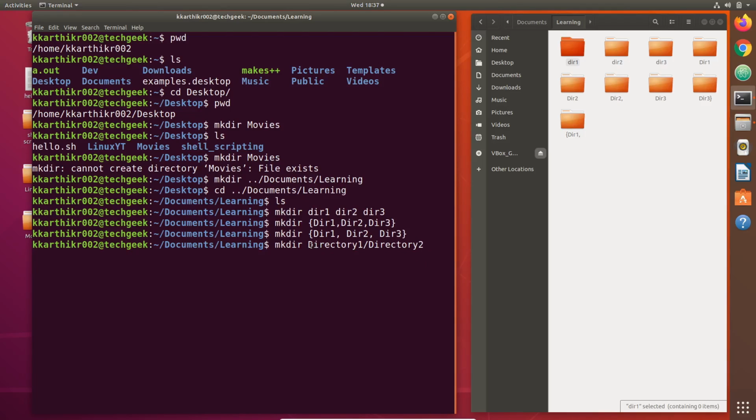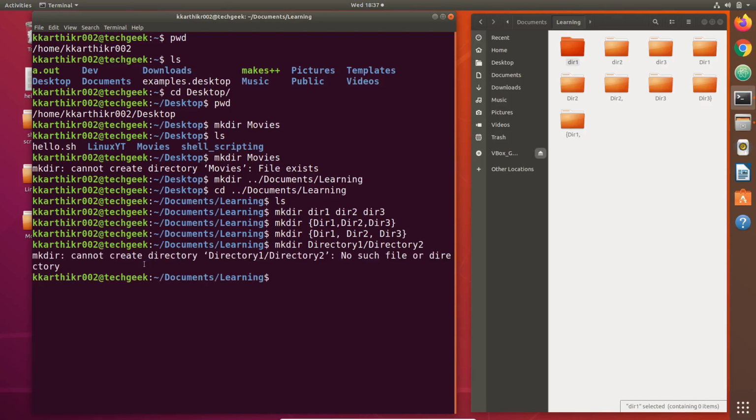We want a directory structure like this, where directory1 is the parent of directory2. We want to create both directory1 and directory2 at a time using the mkdir command. Let's see what happens when we run this command.